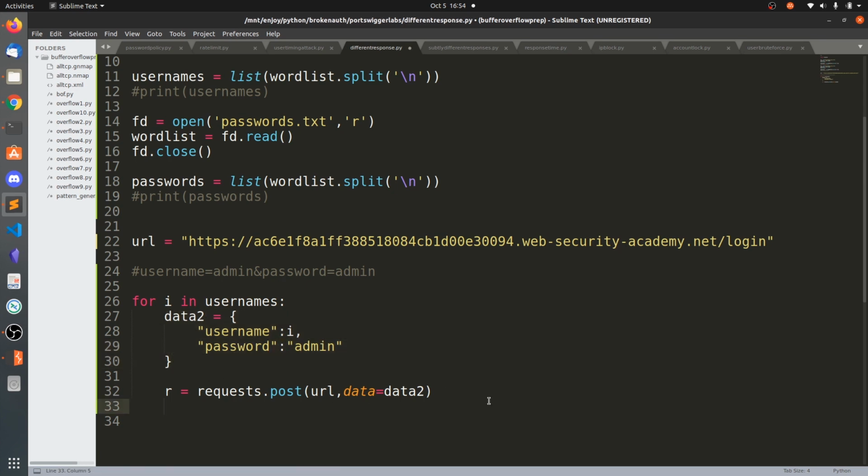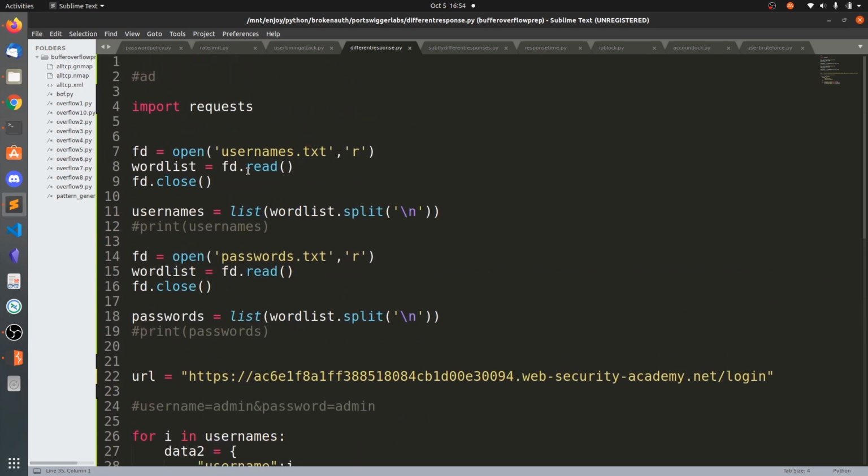Now we will be receiving the response, and what we need to find is whether invalid username is not contained in r.text. This r.text is the response received from the web server, and in that we are going to find the responses which do not contain invalid username. That's why I have used if invalid username not in r.text. Now I can say user found, and simply use dot format of i, so this i value will be placed here whenever it prints this line.